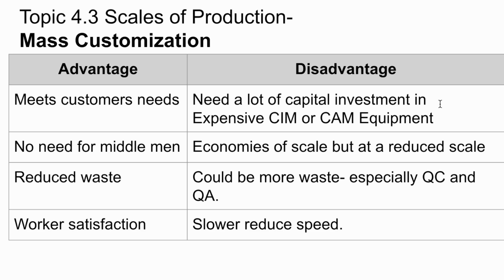The disadvantage is you're going to need a lot of initial capital investment in computer integrated manufacturing and CAM equipment. The economies of scale are there, but they're going to be reduced because you might not be buying as much as you would in, say, mass production. There could be more waste, especially if you have poor quality control or quality assurance. And so let's say that you produce something that's bespoke for somebody and they don't like it. It's not like you can sell that on